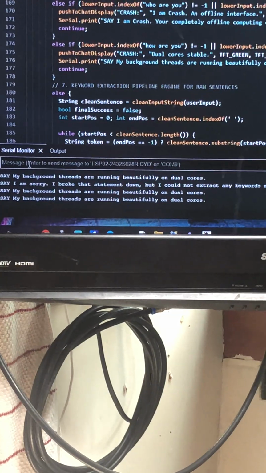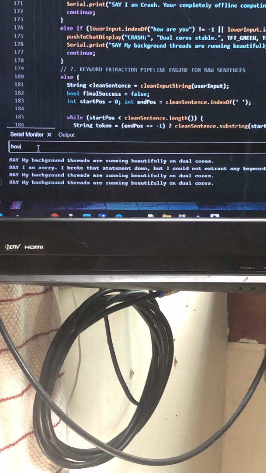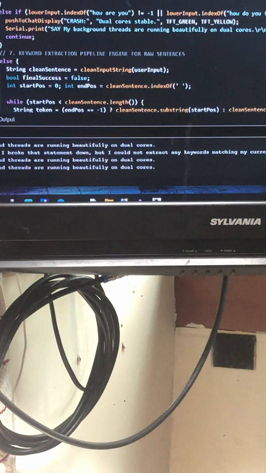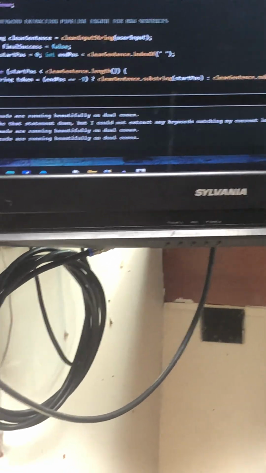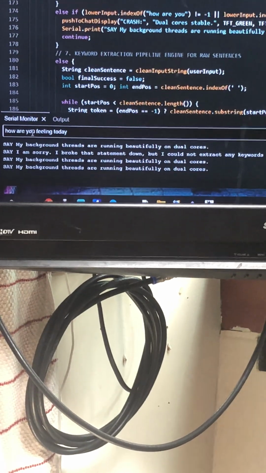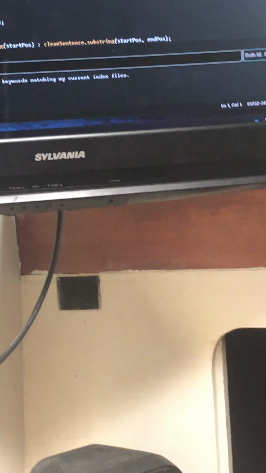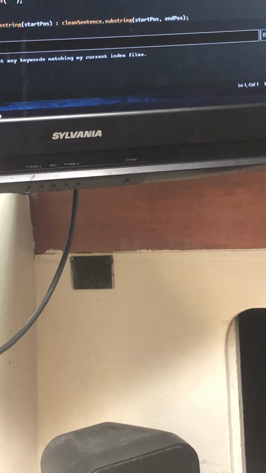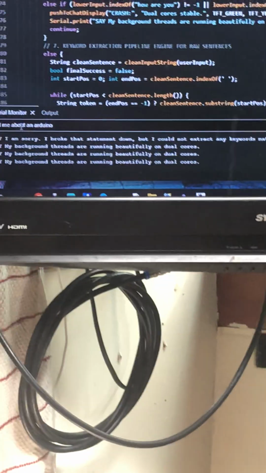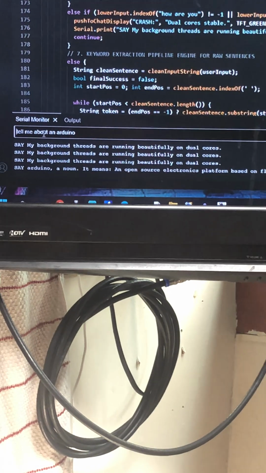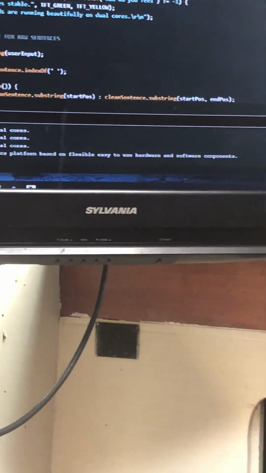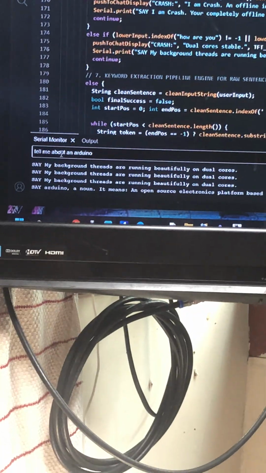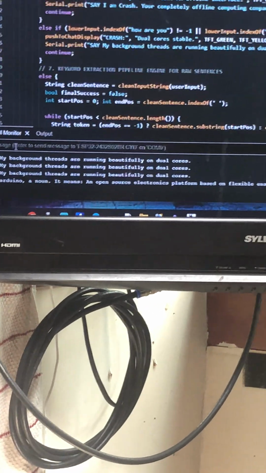And I'll get a similar response. How are you feeling today? Right? And we get the same response. I can say, tell me about Arduino, or about an Arduino. There we go, return. And it gives me the definition for the word as it knows it. But I can phrase this pretty much however I want, like, yo,